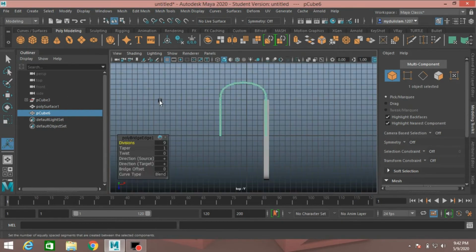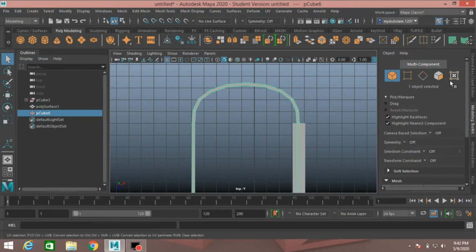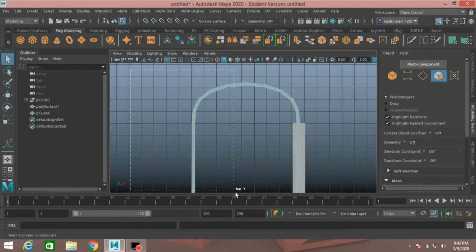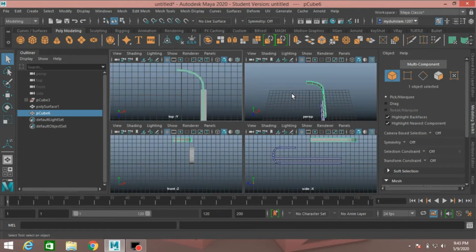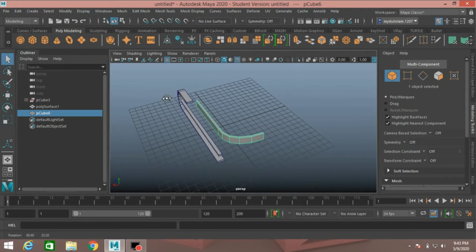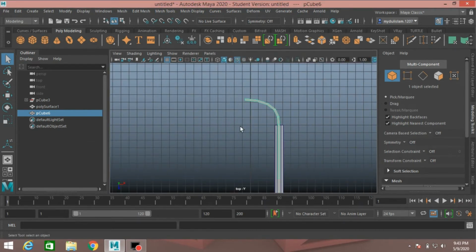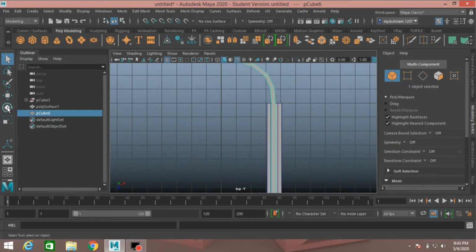Now go to top view, and go to object mode, press F to zoom or focus in. Now go to face selection mode, select half of the face, press delete. Again go to object mode, now again go to top view, turn on wireframe on shaded mode, press F to zoom or focus in and move it just here to adjust.